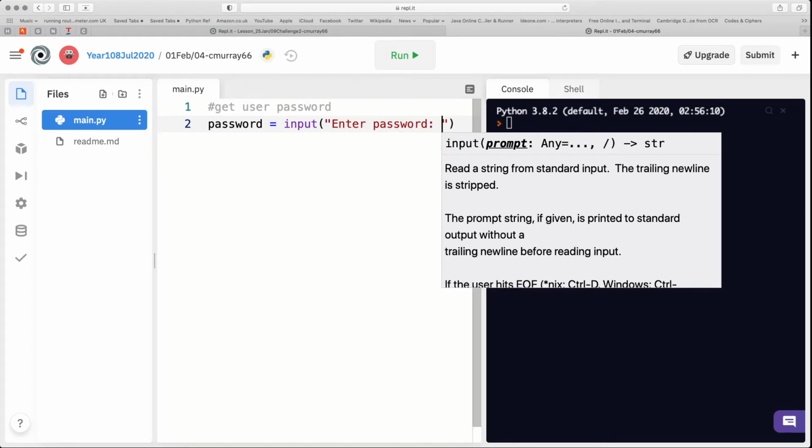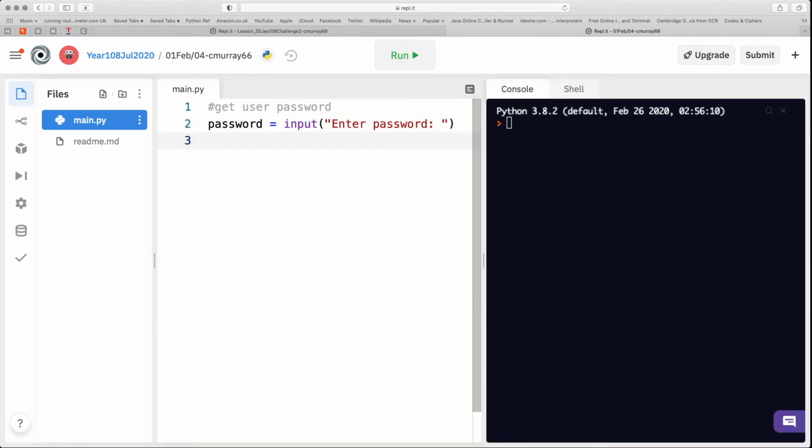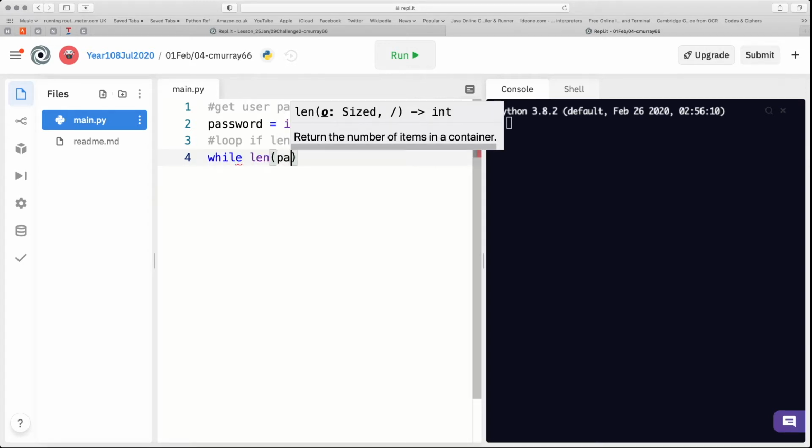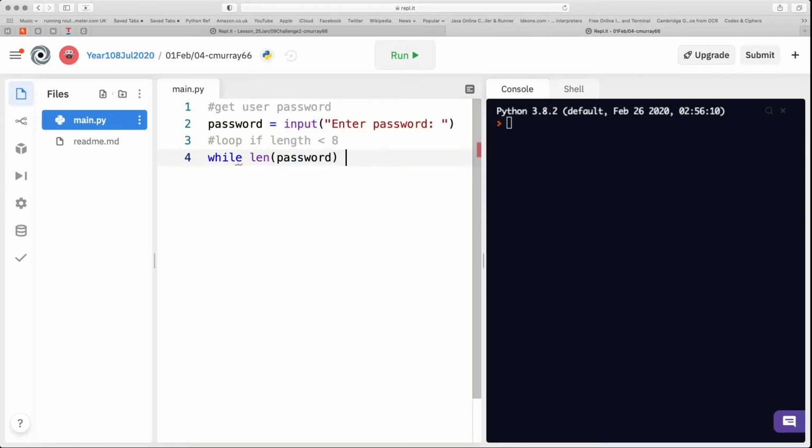Enter password, and loop if length is less than 8. So here, while len(password) is less than 8,